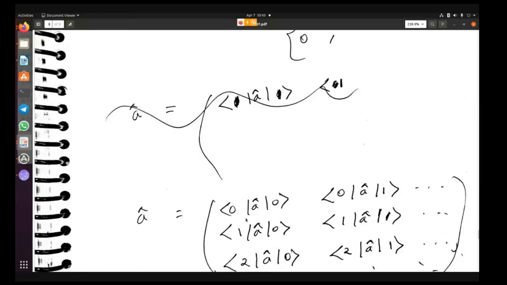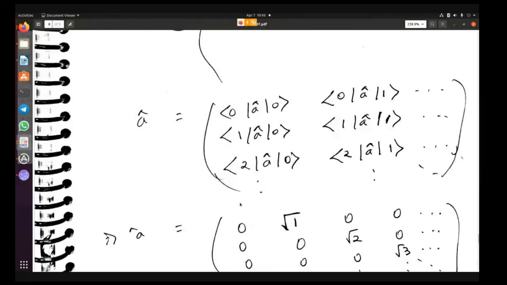minus 1. Is n dash equal to n minus 1 here? No, because here n dash and n are both the same. Here n dash is equal to n minus 1 because n is 1 and n dash is equal to 0. So this is nothing but 1 minus 1, which is 0. So this term will be non-zero, but this term will be 0. Then again this term will be 0. This term will be 0. All these terms will be, and this term might be non-zero. So that is what you're going to get.